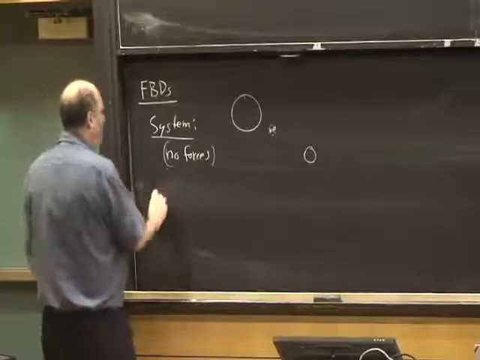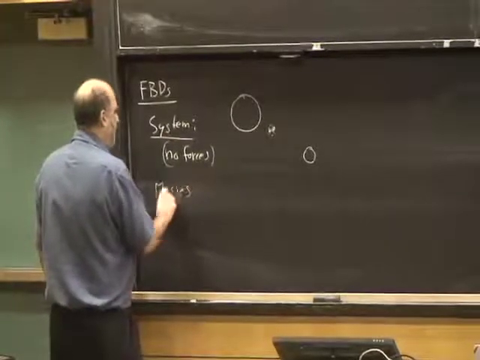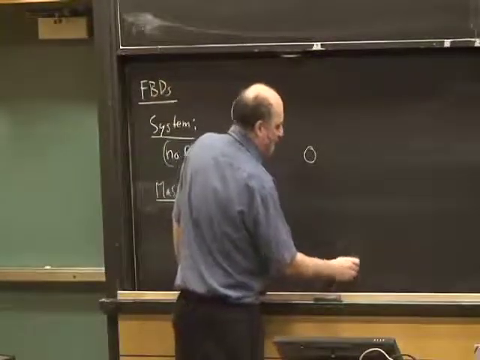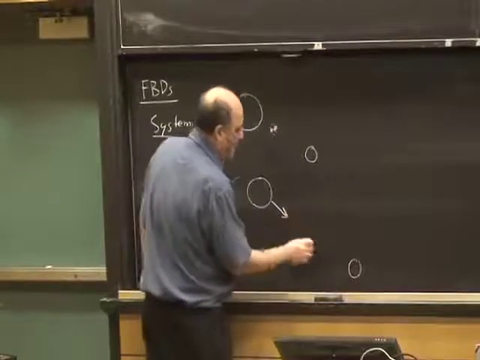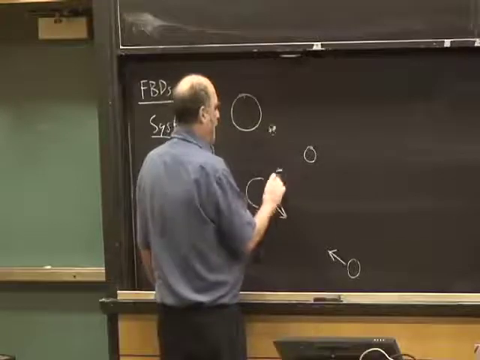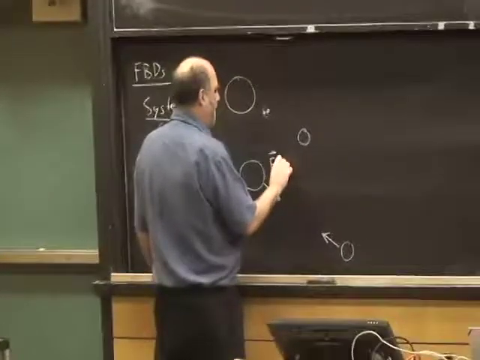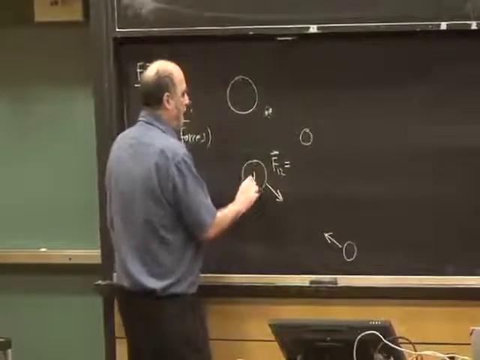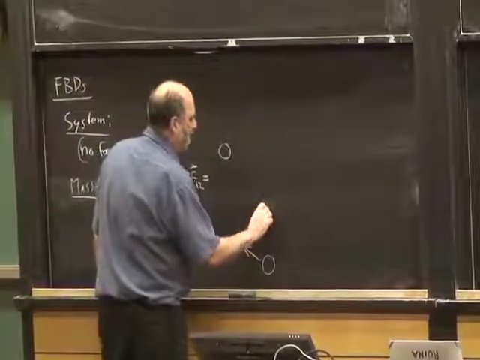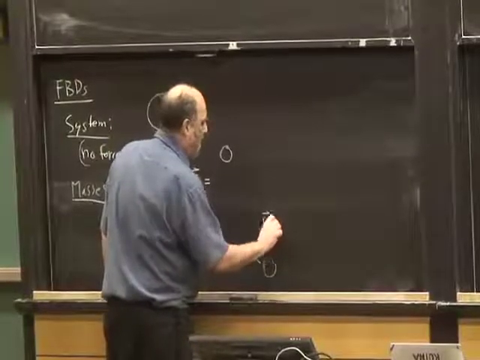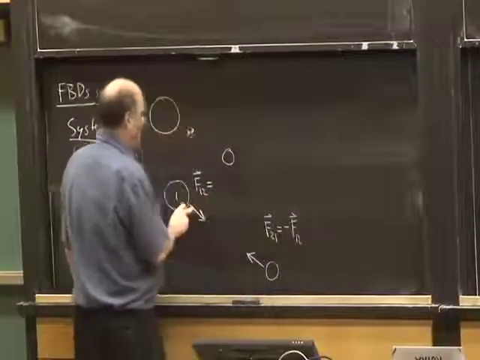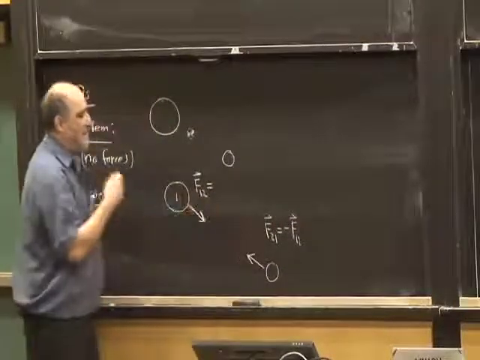Okay, so now we can do the masses separately. Draw the free body diagrams, and we can draw a free body diagram of this one and of this one. And we have a force on this one, and we have a force on this one. And we can call this the force, I'll just call this force 1, 2, how about? And that's the force on body 1 from body 2. There's no standard notation for how to label these forces, but I'll call this F21, which is minus F12. So whatever force acts on this one from this one, the opposite acts the other way.